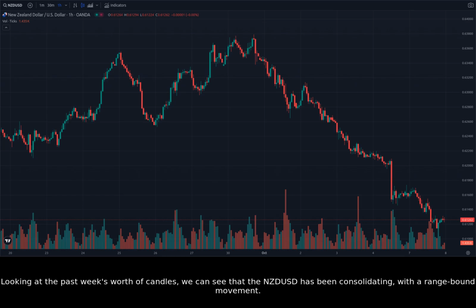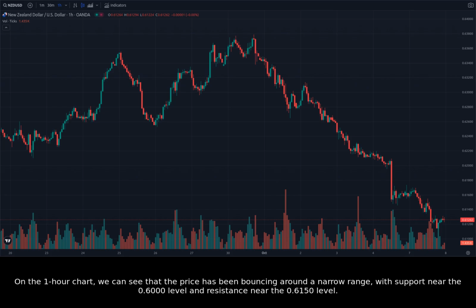Looking at the past week's worth of candles, we can see that the NZDUSD has been consolidating with a range-bound movement. This consolidation suggests that traders are unsure about the direction of the pair, leading to a period of indecision in the market. On the 1-hour chart, we can see that the price has been bouncing around a narrow range,